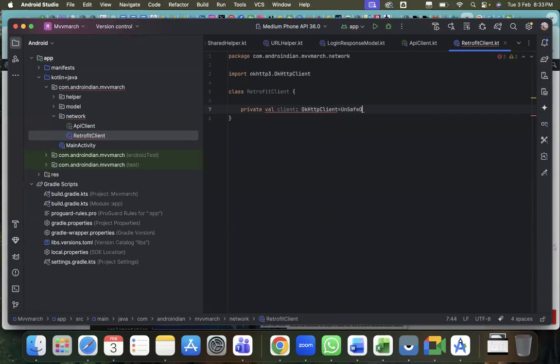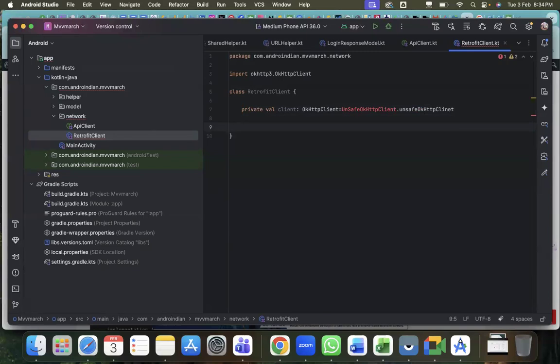even any format of HTTP request we have to handle here. That's the reason for the unsafe HTTP client. We will write that in a next level code. So just I'm defining here the unsafe OK HTTP client. This we have to define in the next level, next class. So the unsafe HTTP client, that we are defining here. Then